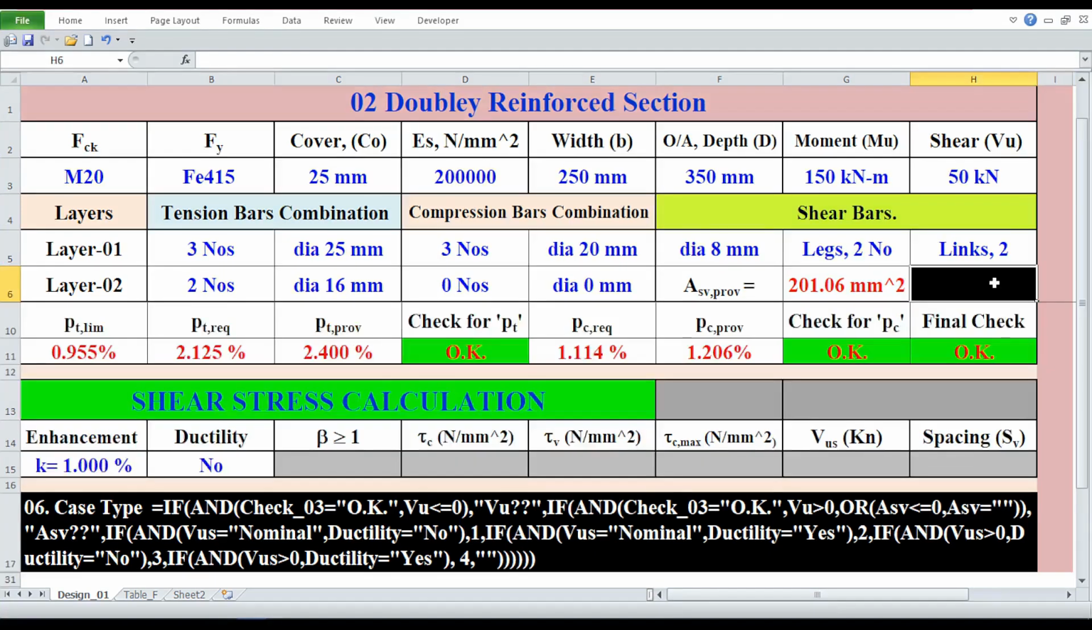Setting the case_type formula. Now, once again, I am back on the sheet named design_01. And I will put the formula in the case_type cell, which is cell F13. The formula for case_type is, equals IF, open parenthesis, N, open parenthesis, check_03 equals within quotation, OK, comma, VU less than or equals 0, close parenthesis, comma, within quotation, VU,